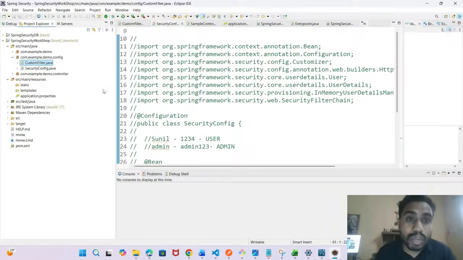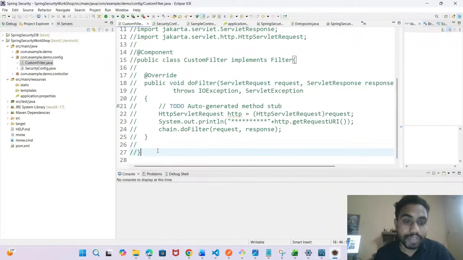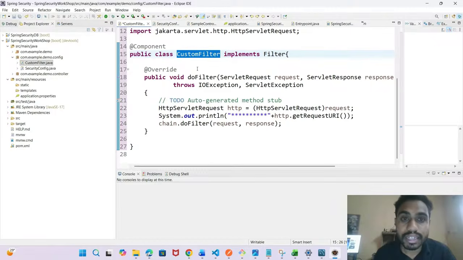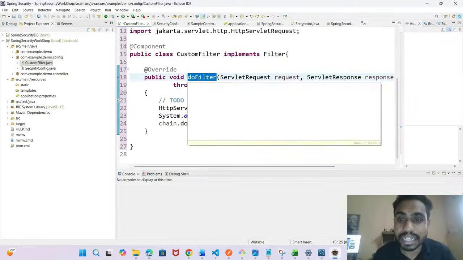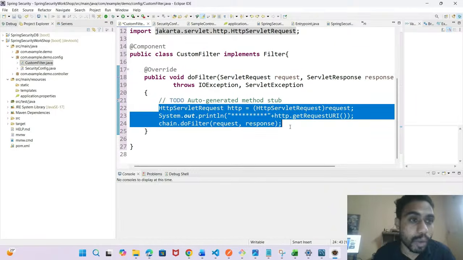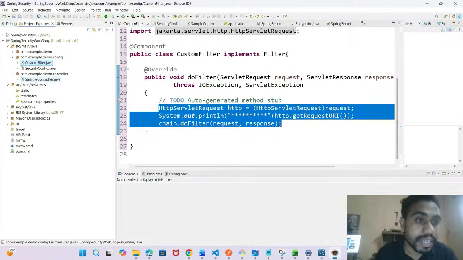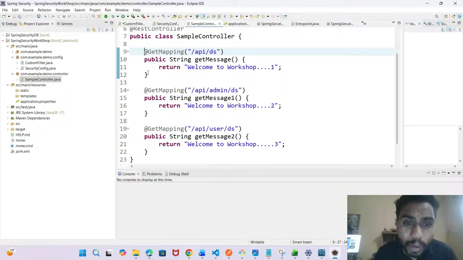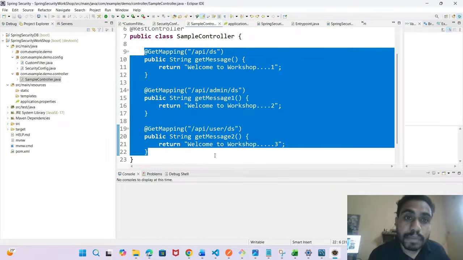See here, I have written my own filter, before reaching the delegating filter chain proxy, using @Component and the Filter interface, and that filter contains the doFilter method. Suppose you're trying to hit this endpoint: before reaching the endpoint, or before reaching the Spring Boot container, the servlet container will be before, right?